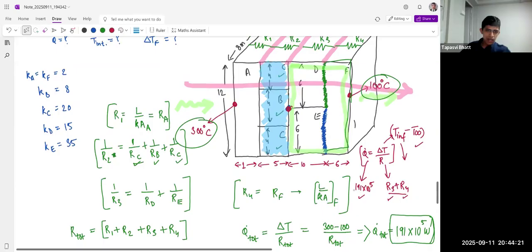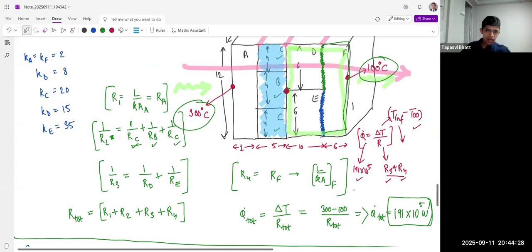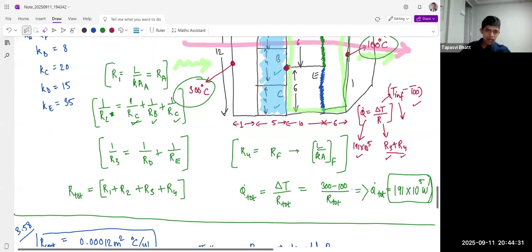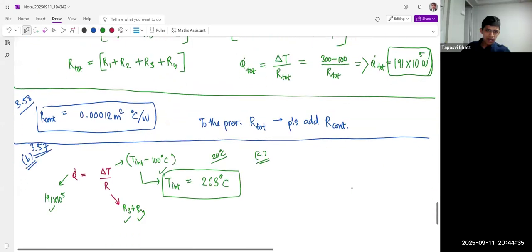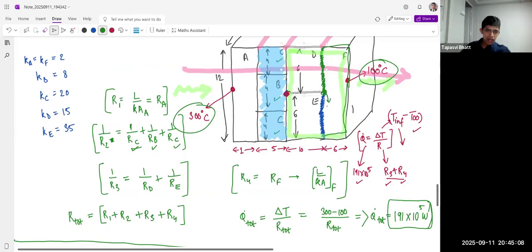See, the temperature is 300 degrees Celsius, this is 300, this is 100 degrees Celsius. So the temperature should be somewhere